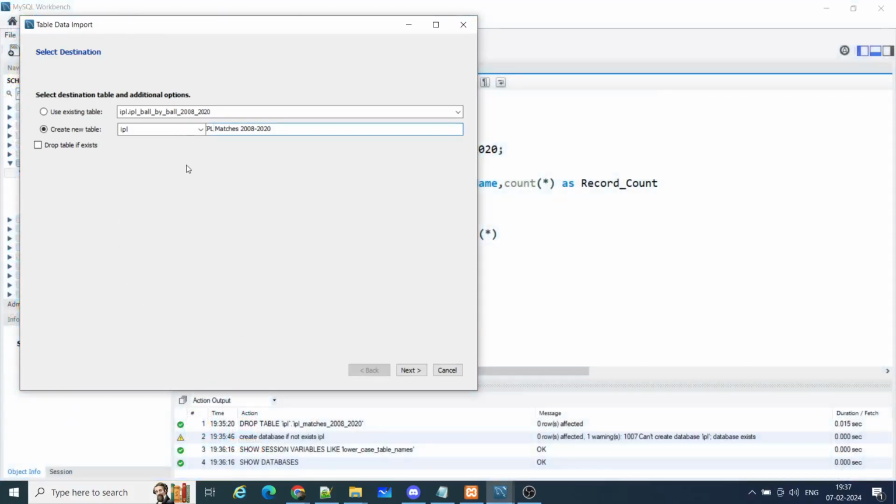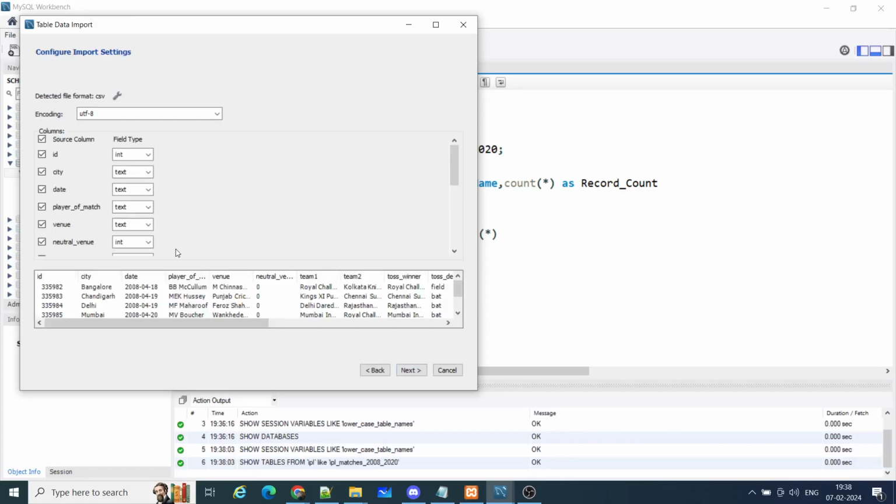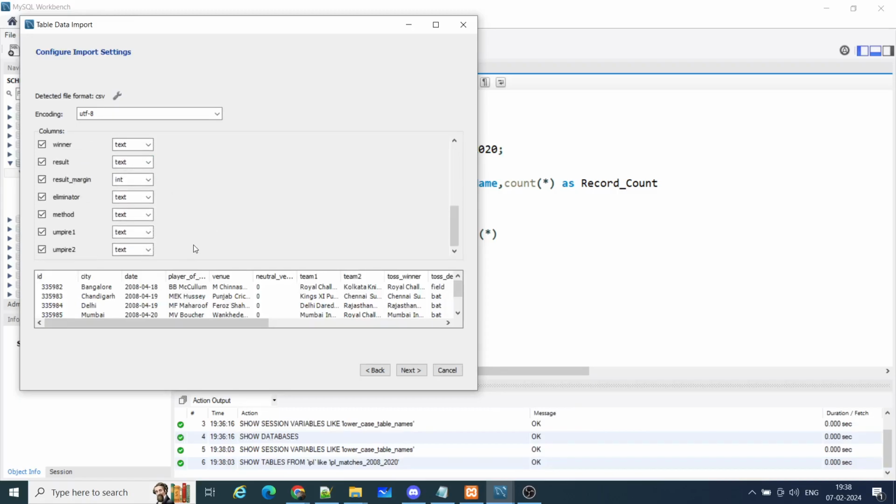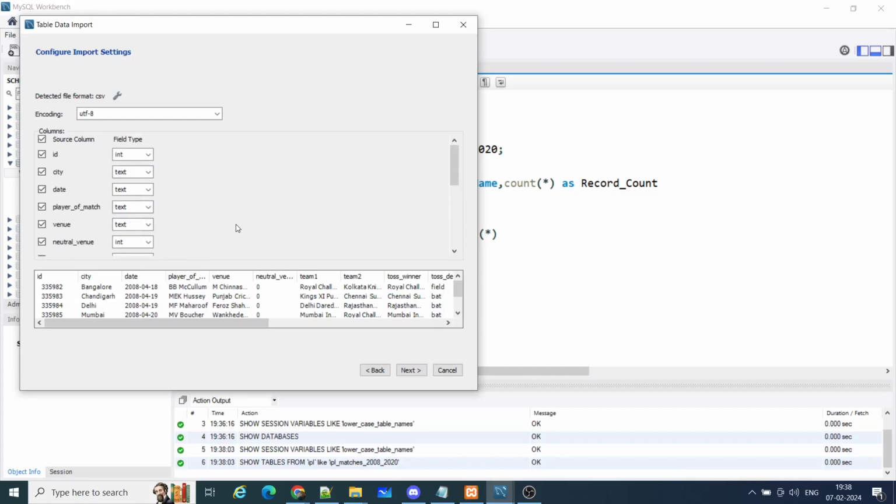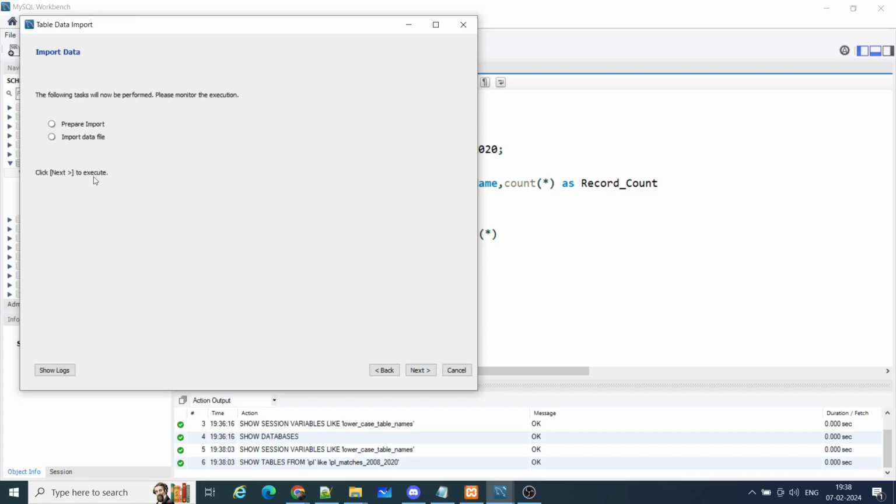So I will select it, and since I have copied the name, I will paste it here: IPL underscore matches 2008 to 2020. Just do next, and you can see my data types, varchar type, date type, player of the match, venue, eliminator, everything has been selected. So now do next, and next to execute,